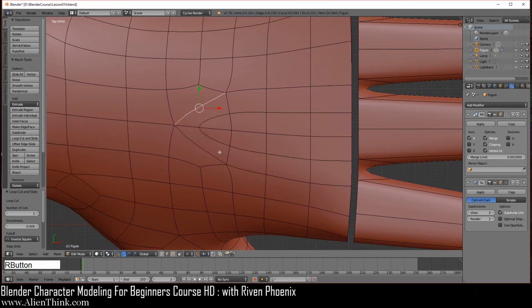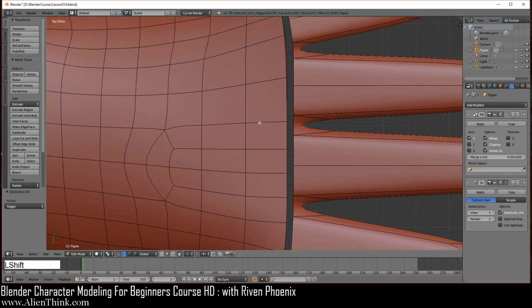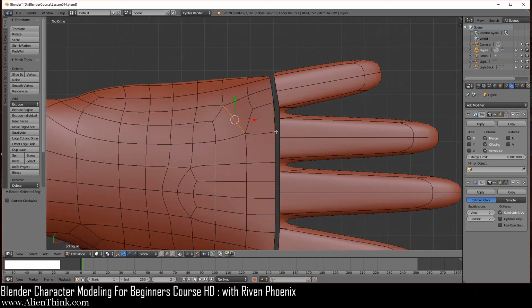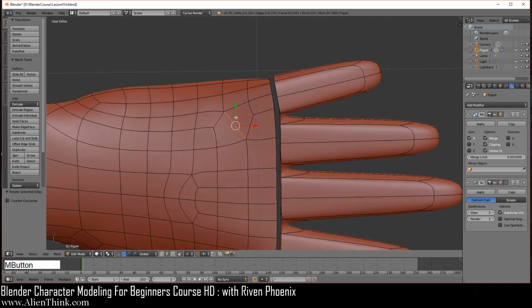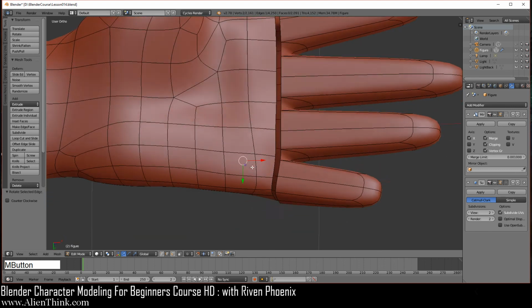Shift middle mouse button, go ahead and put everything back, Control A, 1, 2, Control A, 1, Control A, 1, Control A, 1, and then 2. Now come over here, you're here, here, and then here. Now do Control A, okay? So it's gonna turn around. I'm gonna do the middle mouse button over here like this. I'm just tapping it to turn around like this, okay?